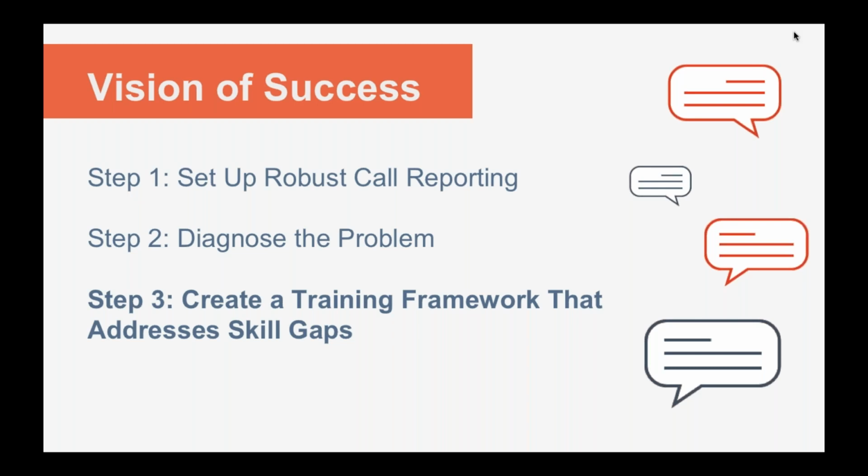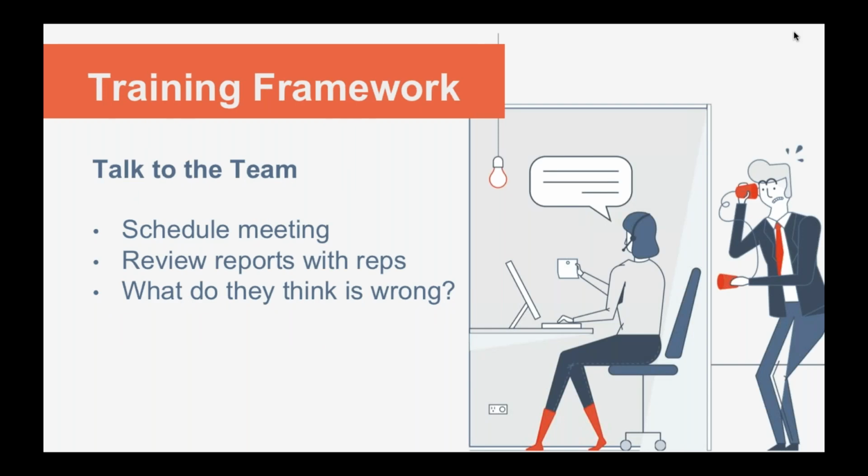The next step is diagnosing problems. So looking at that data and figuring out what's going on. An example of this for us was that we had some people that had low success rates, but they were having really long call durations, right? So what was going on with that? When you listen to them, we figured out they don't know how to close a call. They can talk to somebody for a long time, but not actually close a call. And there were a few other examples similar to that that led us down this line of creating a framework for training our reps and aligning them to a scorecard. So we can go through that now and talk about the steps that it takes to actually roll it out.